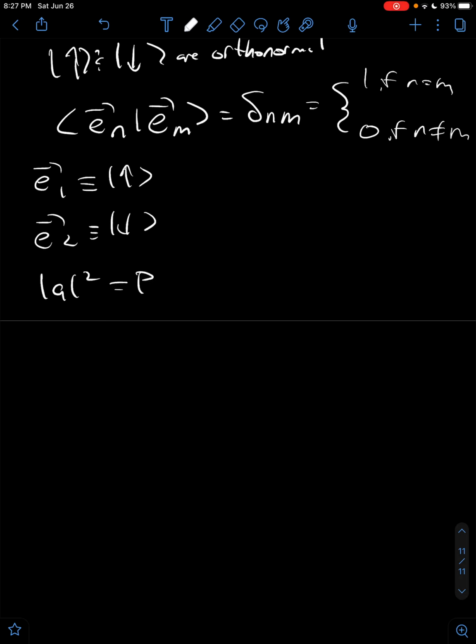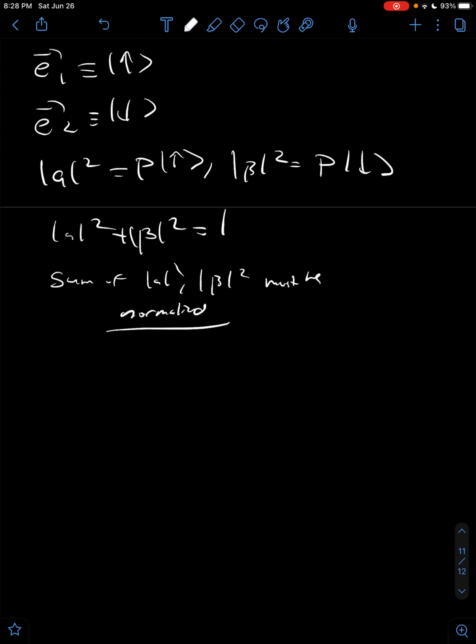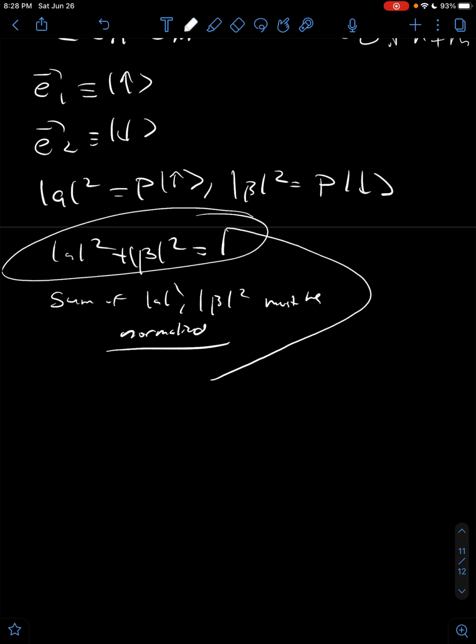the squared value of alpha is the probability of it being in the up state. And for beta, the down state. Well, it makes logical sense that alpha squared plus beta squared should equal 1, right? Since the probability should always add up to 1. There should be a 100% chance that it's either in the spin up state or the spin down state. So, in other words, the sum of alpha squared and beta squared must be normalized. They must equal 1. It turns out that from this,